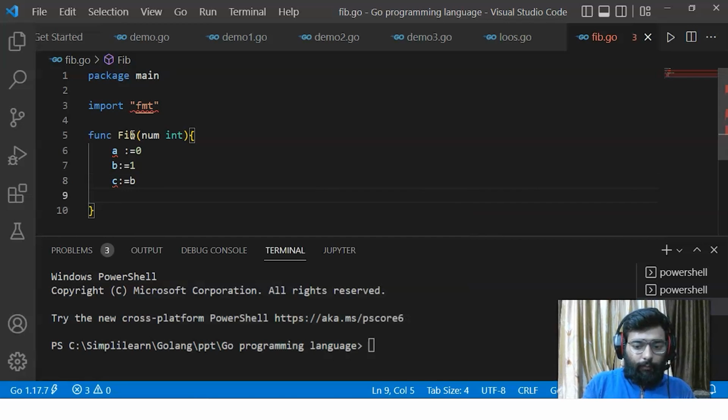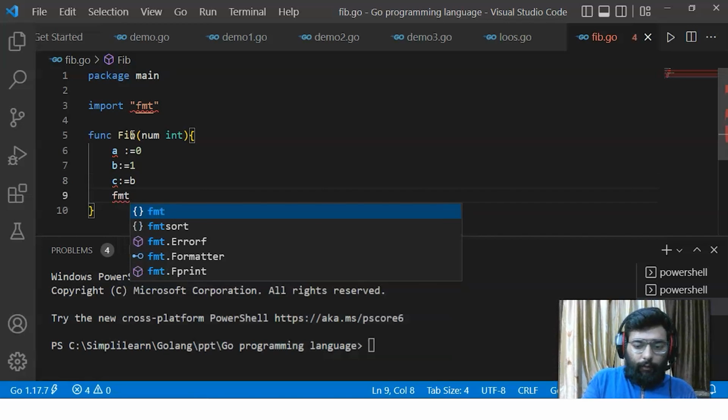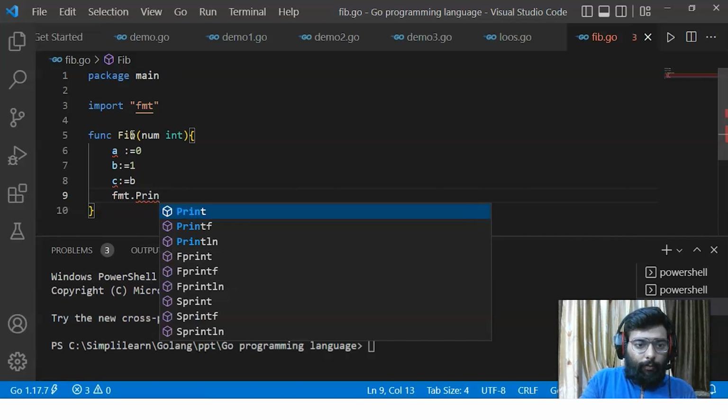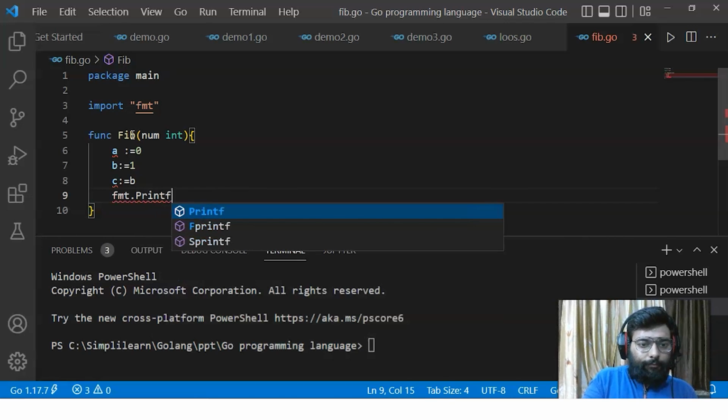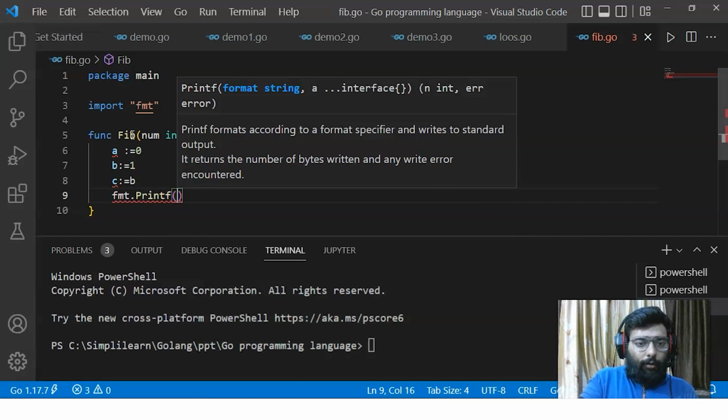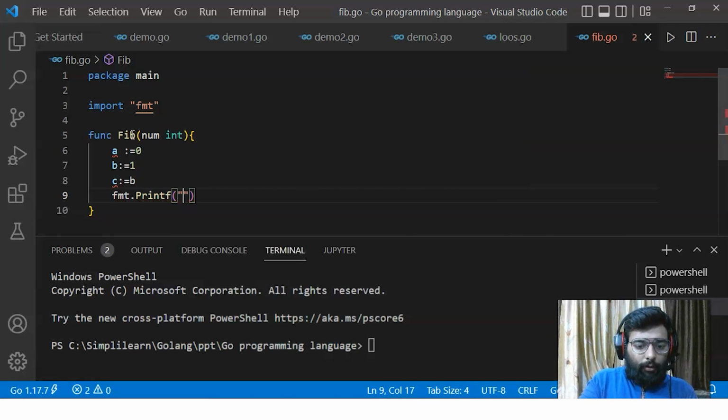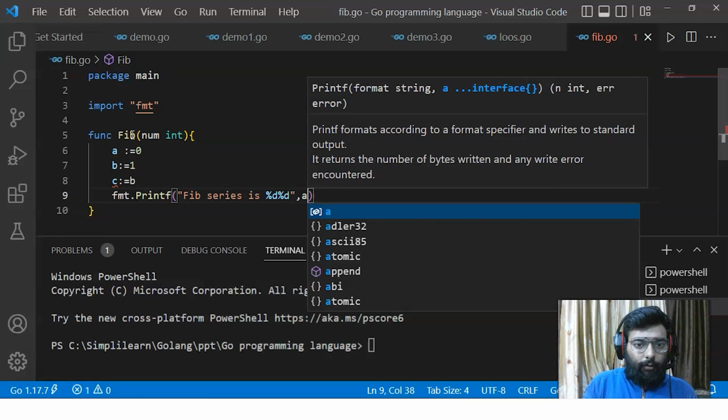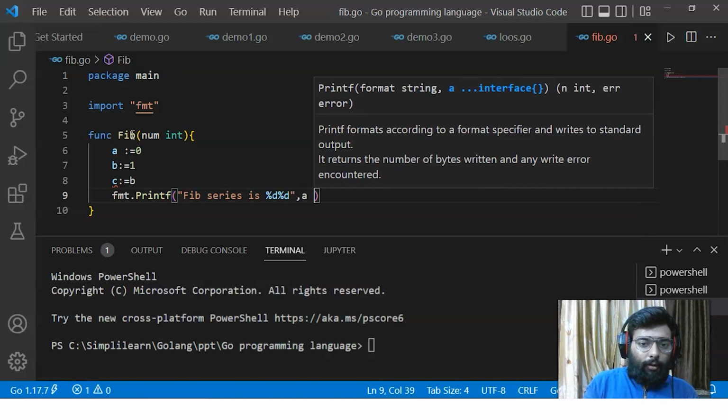For that we'll write the command fmt.Printf, fib series is sending %d and would be a, and